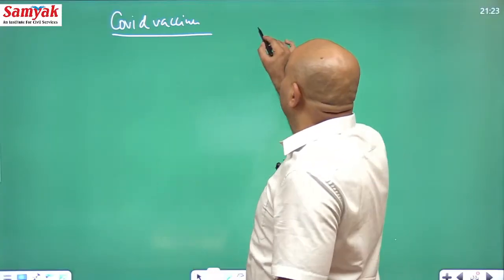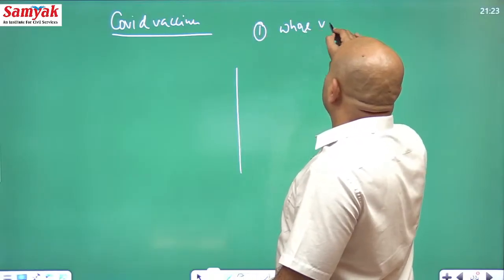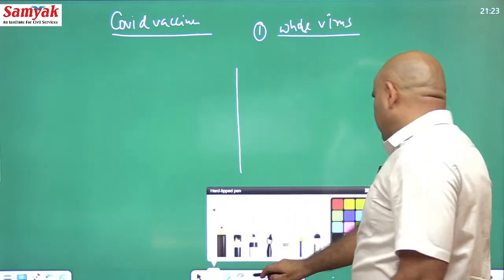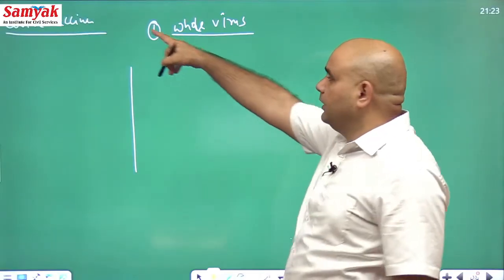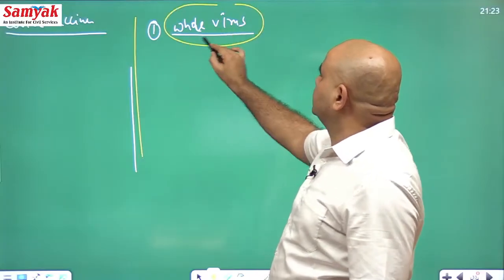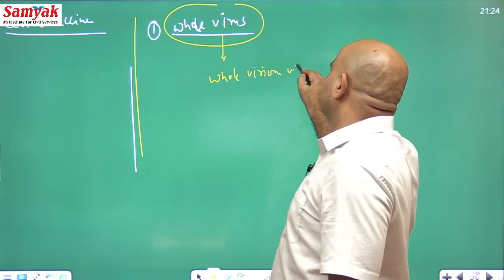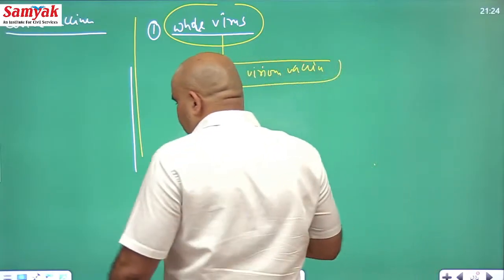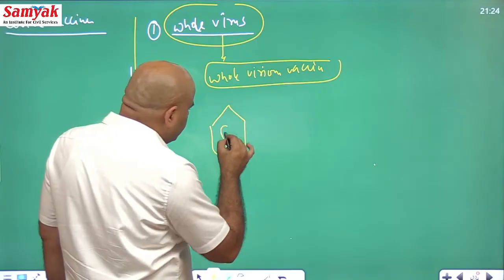So the first type of approach is the whole virus approach. Now you need to understand this concept very carefully if you are facing problems in reading about corona vaccines or COVID vaccines. So the whole virus approach is also named whole virion vaccines. Whenever you are talking about virion vaccines or whole virion vaccines, you have to remember one thing, that